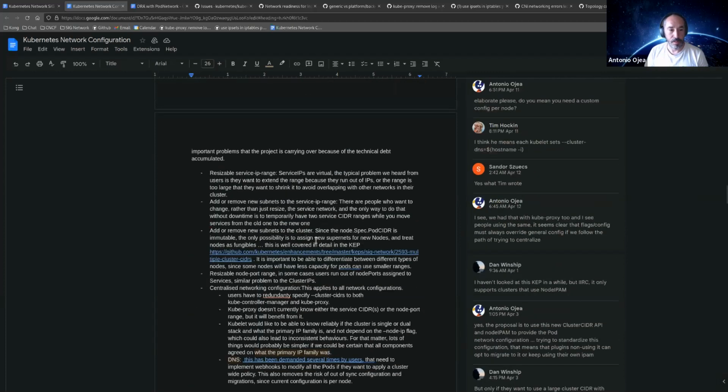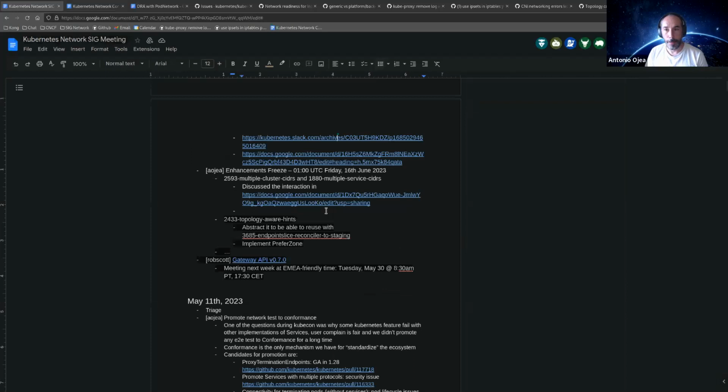If anybody has questions. Okay. So the other is about the KEP of the topology-aware hints, that now is topology-aware routing. I was talking with Rob, and I'm going to take this on to try to finish it to GA. What we were talking about is that the big demand is preferred local, right? People want preferred local. And right now we have one heuristic that is not perfect and sometimes confusing.